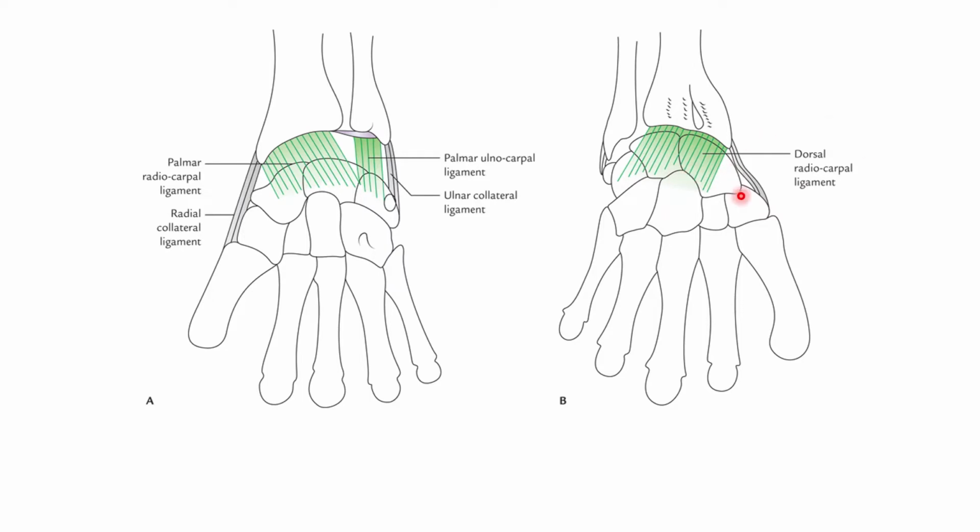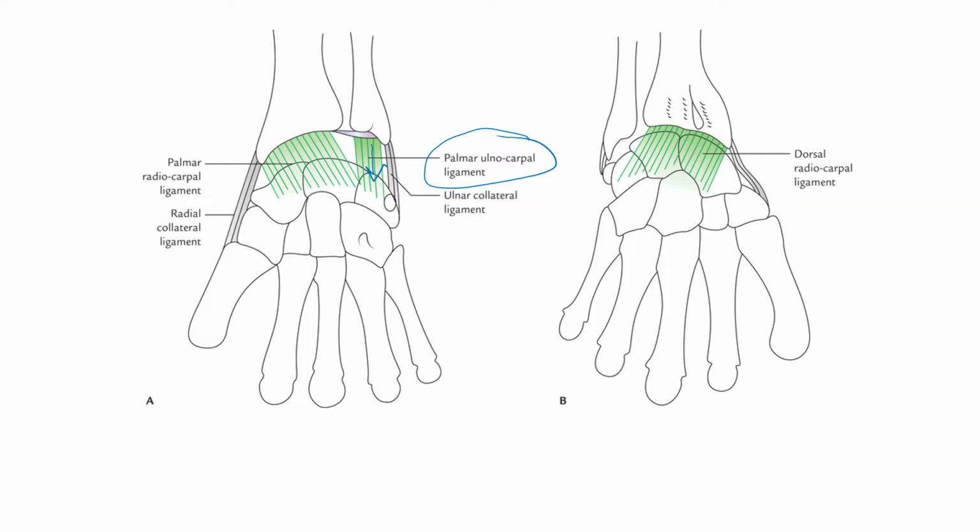So these are about the ligaments, the dorsal and the palmar radiocarpal ligament. Other than the radiocarpal ligament, we can also look for the palmar ulnocarpal ligaments. The palmar ulnocarpal ligament extends from the styloid process of the ulna, directed down to reach the triquetral bone. So this is about the palmar ulnocarpal ligaments.